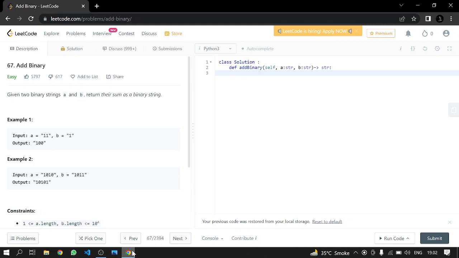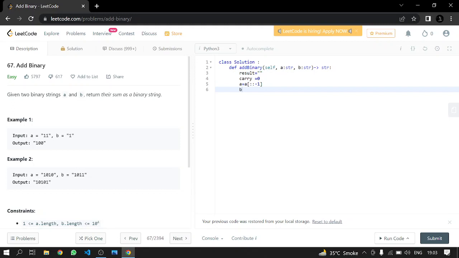We have to carry: if 1 plus 1 is equal to 2, we are not going to write 2. We will be inserting 0 at that location, but we will be carrying the 1 to the next index. And that's it, that is pretty much the logic. And we will be making a result string. Carry is equal to 0, and we are going to reverse a